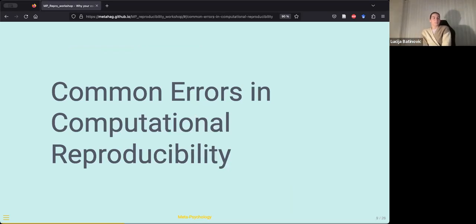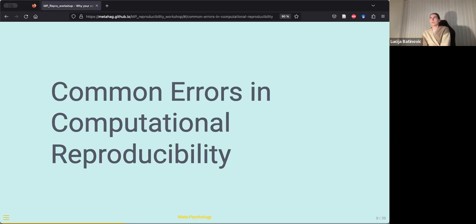And based on these reproducibility assessments, we have found some common errors. I should state maybe that I am doing most of the reproducibility checks, but this is still on a voluntary basis. We do have other people chipping in, so there are people helping out with reproducibility checks. And some of the common errors here we will talk about, and then also some of the practices that we